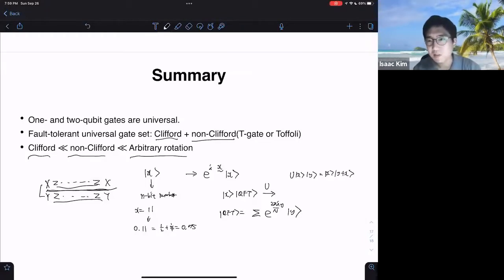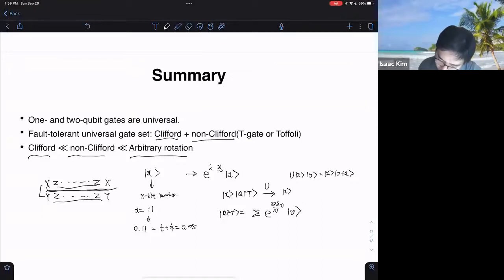This can be done using a very small number of T-gates, proportional to the number of bits with a smaller proportionality constant than 3. And if you do this, then what you can verify is that this is